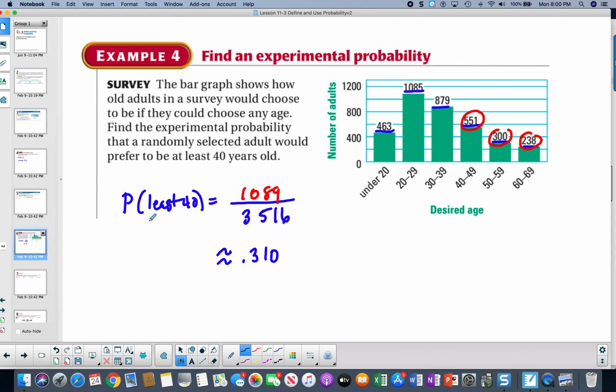We want to find the probability of at least 40 years old. At least 40 years old is starting at 40 or up. And we can see that the favorable will be all of these numbers added together, which is 1,089, out of the total, and total means adding them all up over here. And we can make this into a decimal, and the probability will be 0.310, which is on the least likely